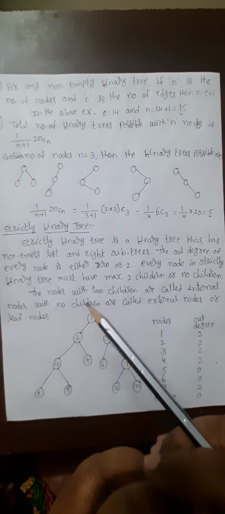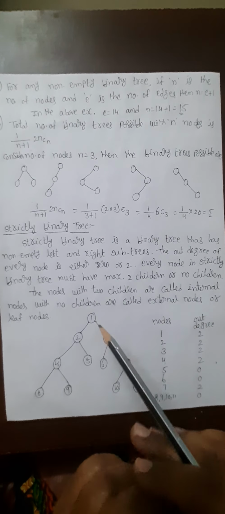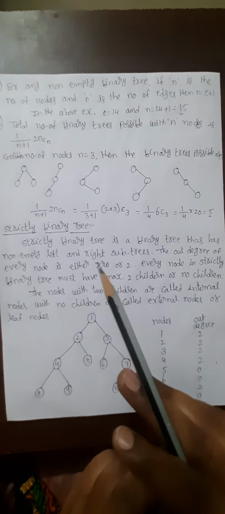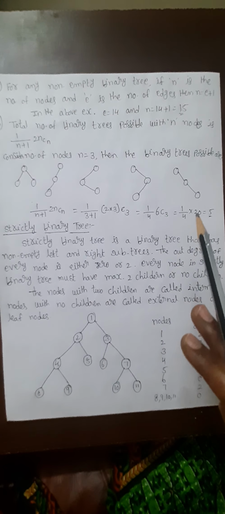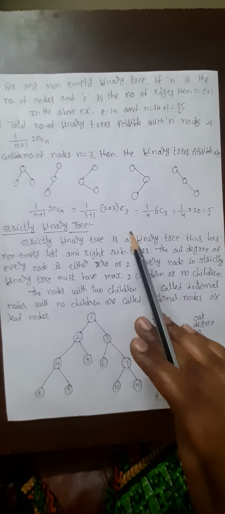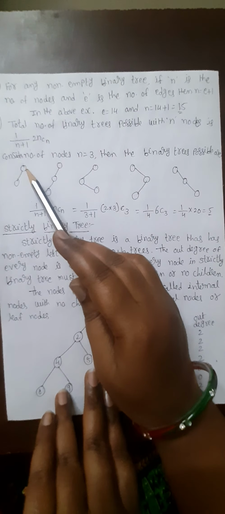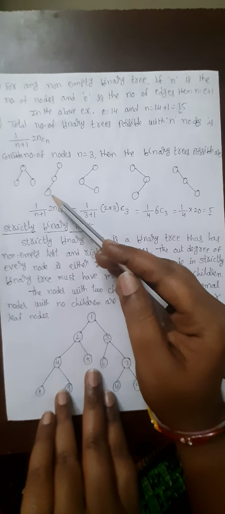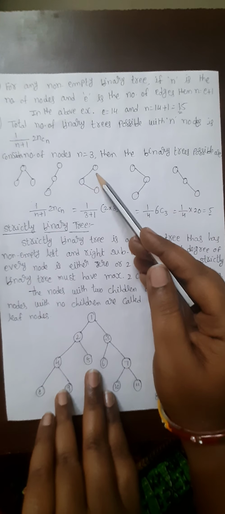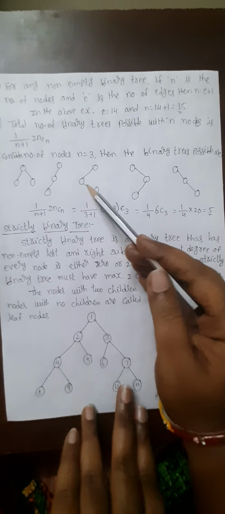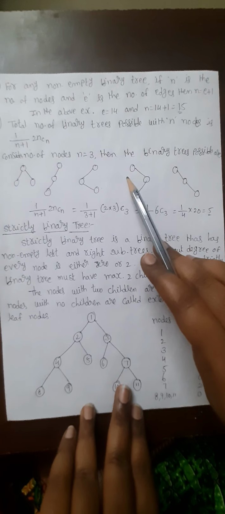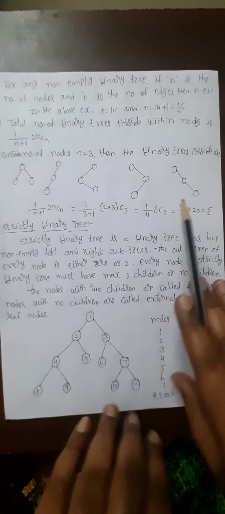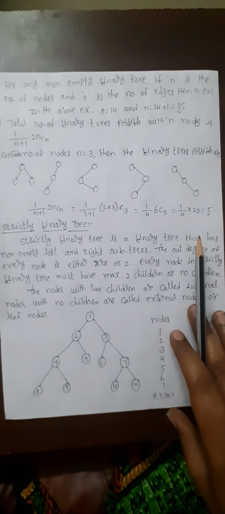And the total number of binary trees possible with n nodes is given by the formula 1 by n plus 1, 2n cn, that is the coefficient. If we consider the number of nodes n equal to 3, then the possible binary trees can be represented like this. We can take the root node and under it define the nodes in a subtree. Or we can take the root node, its left subtree, and from that subtree define the right nodes. Here also we can first take the right, then again take the left, or else take all left. These are the different possible ways that we can define the tree.